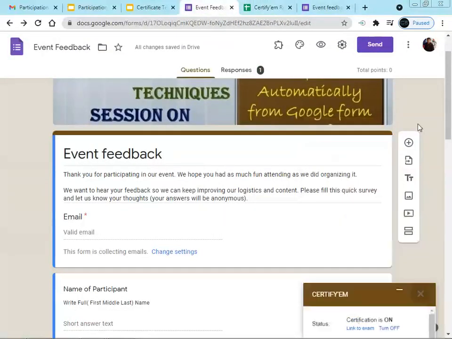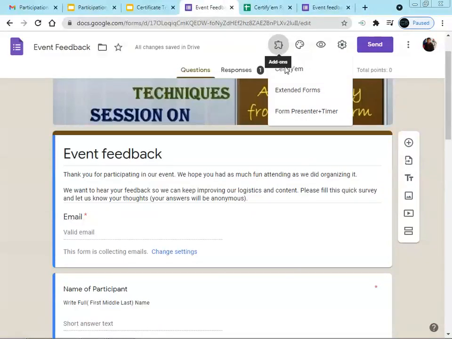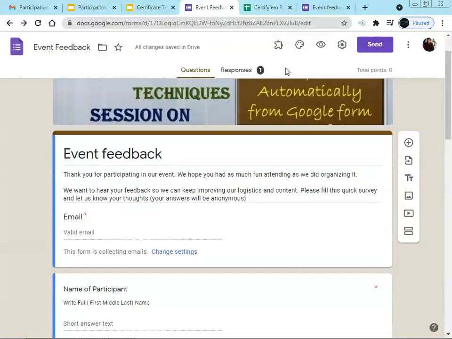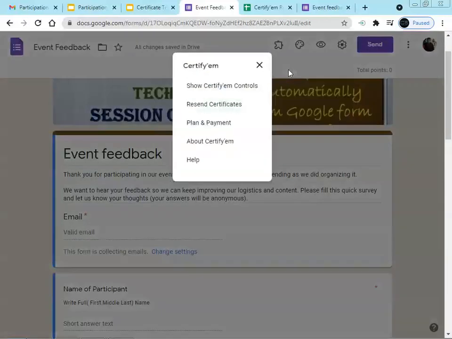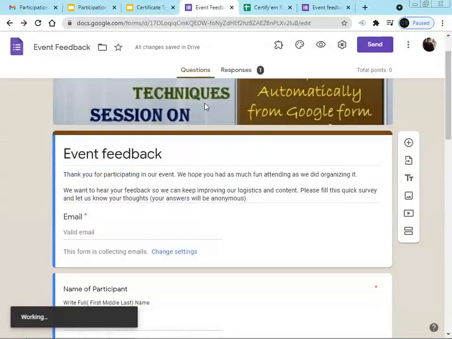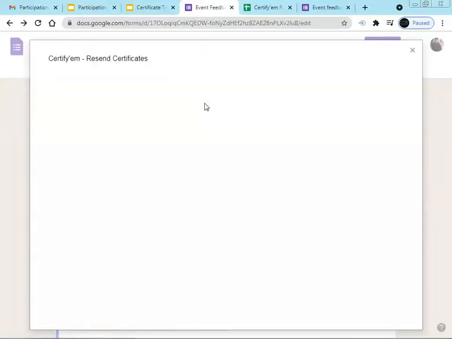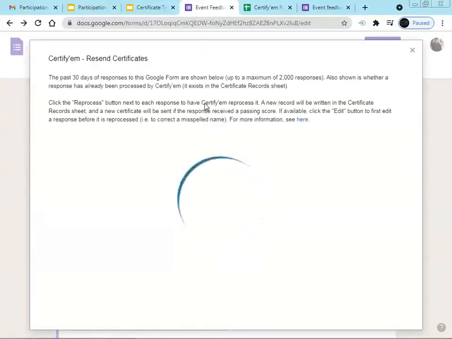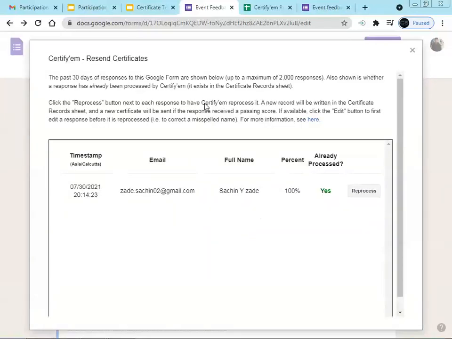Next, just go to the Certify'em option, and when you select it, we get different options, such as the show Certify'em option at the right side. The next one is resend certificate. Suppose someone is not getting the certificate, or a participant lost their certificate; in that case we can use this.